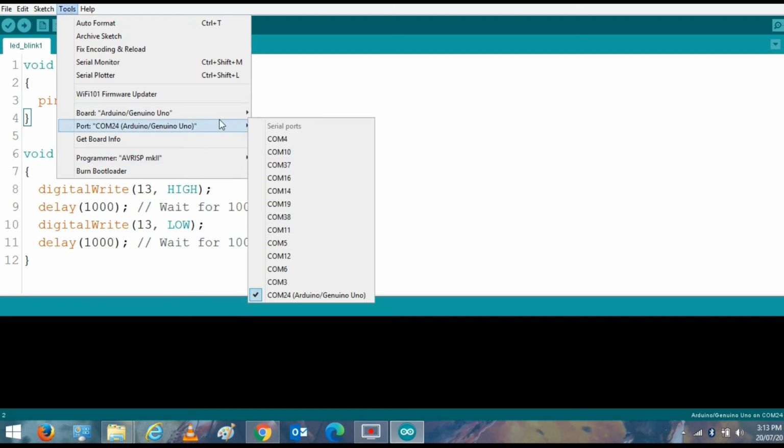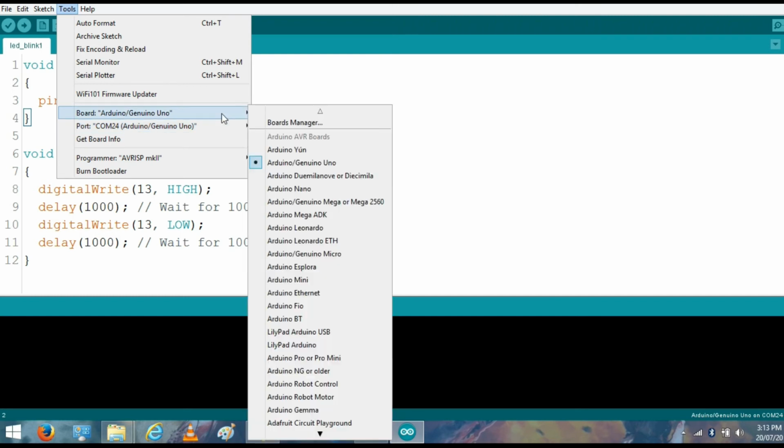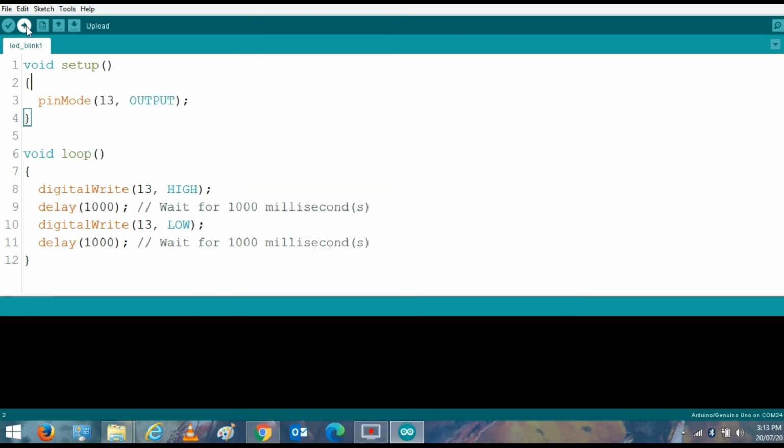So you can select it like this. Second thing is that you can check whether your board is selected as Arduino Uno or not. Now you can upload the program from this button.